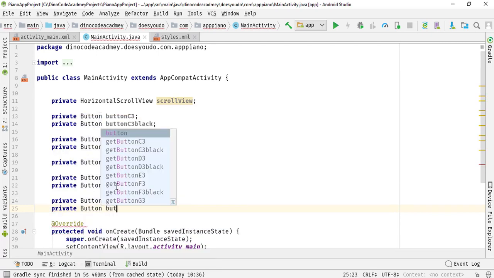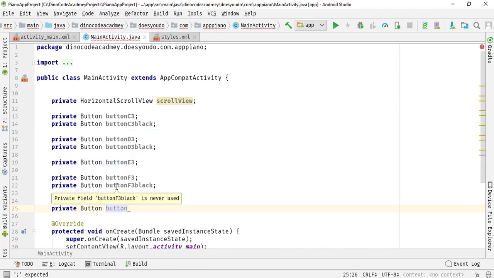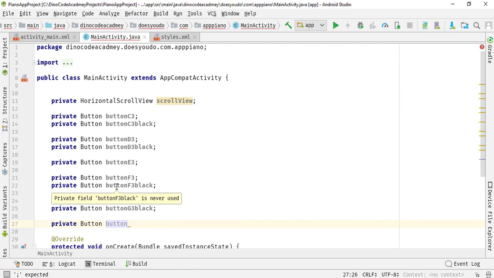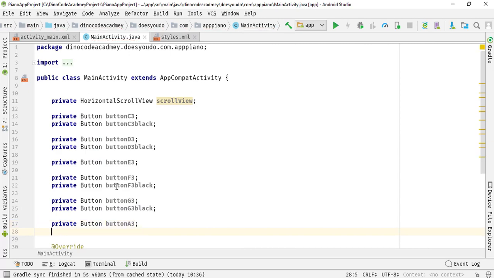You can quickly type it: private Button, then G3, and then G3 black. And again I'm going to type private Button, then another Button, and this time after G3 we have A3, then a semicolon. Again I'm going to type private Button